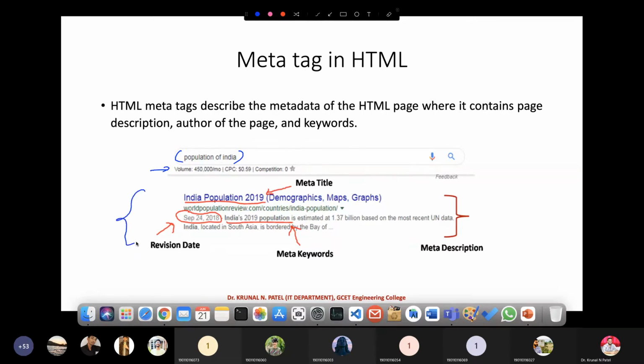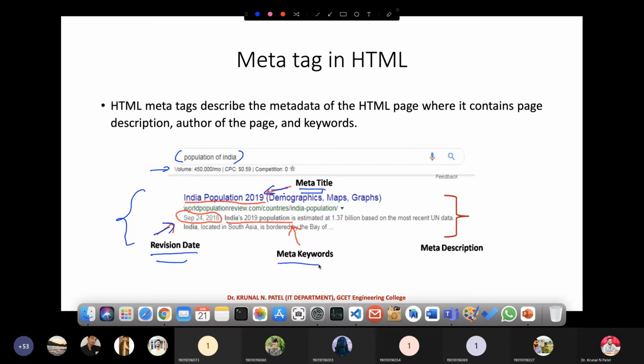As we have discussed in our SEO section, search engine optimization, you are now able to define these terms. This is the meta title we have. This is the revision date, where this document was revised.